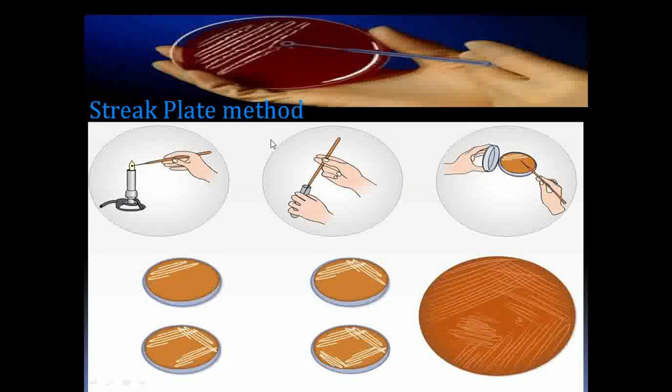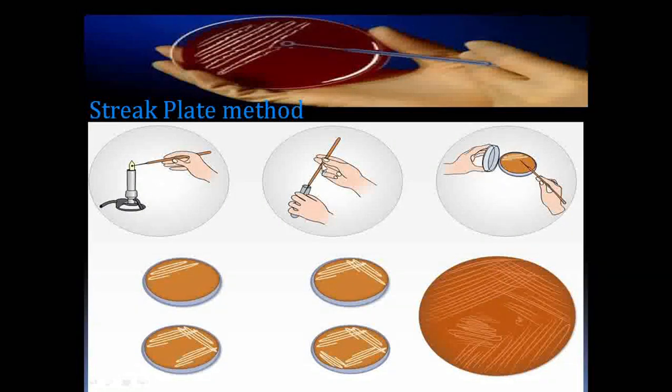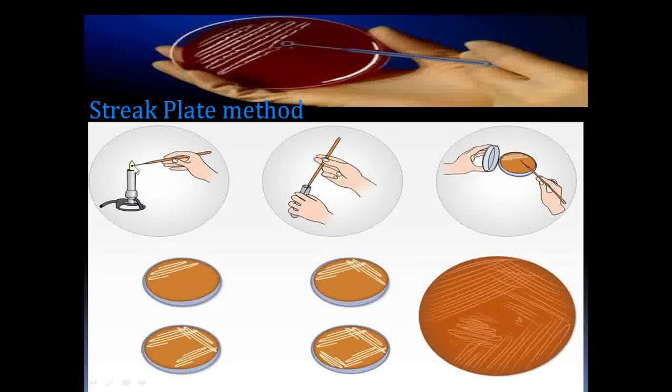This loop will help us separate the population. How can I do that? By reducing the microbial load. So from this test tube, I'll remove a loopful of mixed culture, right? Before doing that, I need to do it with the help of aseptic technique. For aseptic technique, I need to flame this loop till red hot, allow it to cool, and then insert it into the test tube to remove a loopful of culture so that I can perform a streaking. I'll let you know why we need to use a burner in our next slide.